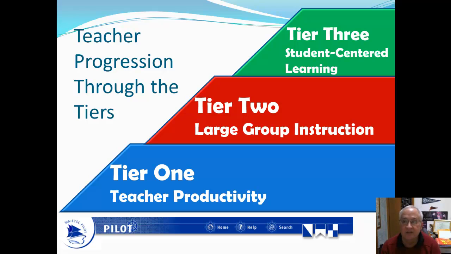Now, sometimes I'm asked, does it mean if a teacher or a classroom has a Tier 3 identifier, that's a better teacher, or there's a more highly skilled teacher in that classroom? And that's not what Pilot measures, and that's also not what the tiers model is talking about. The tiers model is talking about specifically how technology is being used. Okay? And so it does not mean that teachers who are using those strategies are necessarily more skilled with technology